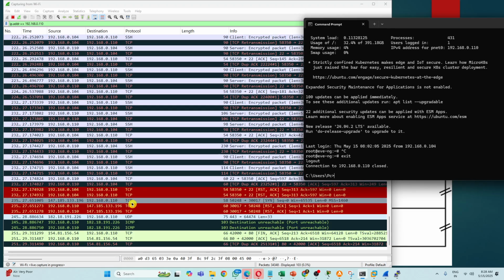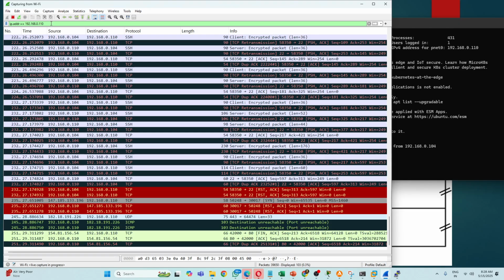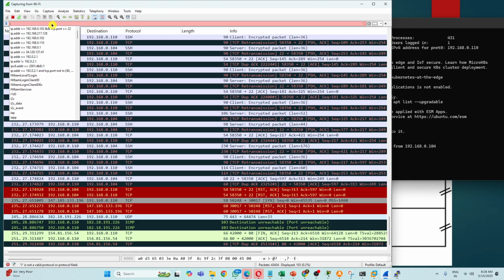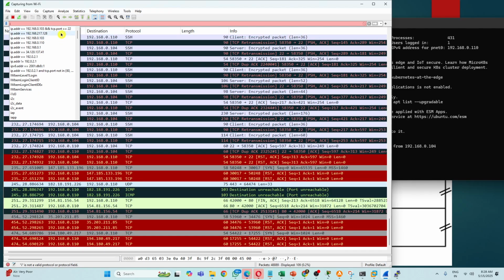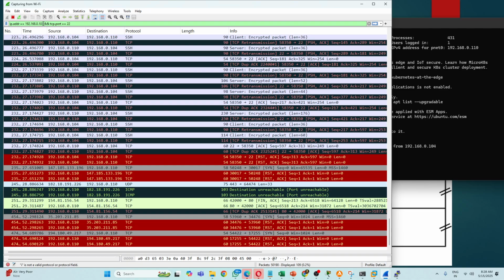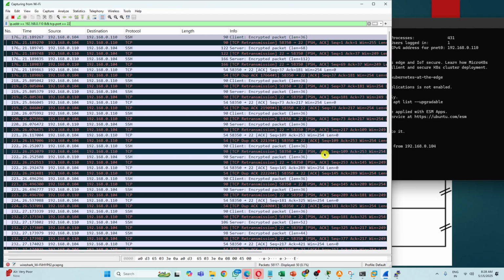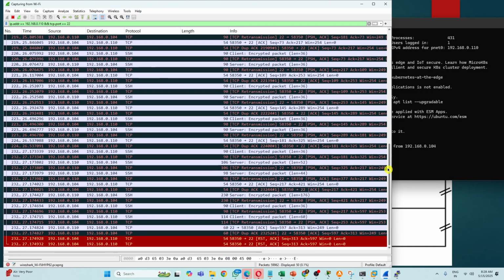Let me filter source and destination clearly. Let's do this: 192.168.0.110, TCP port number 22. Let's capture this so that I don't see other traffic.